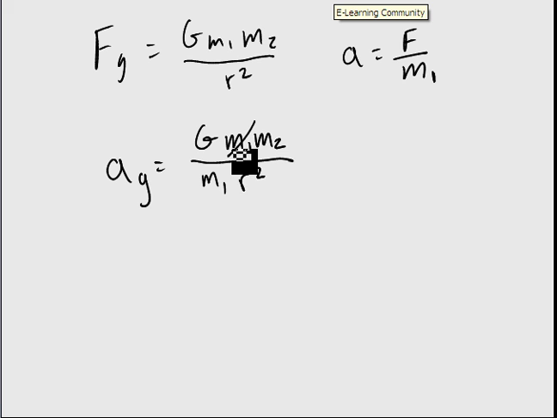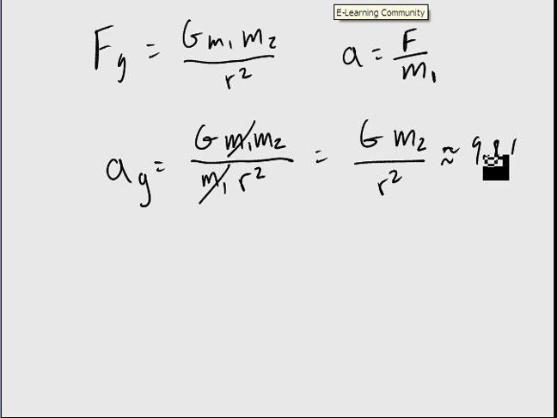Well, look, mass 1 cancels out with itself. So when you simplify it, all you get is big G times m2 over r squared. So we have the universal constant of gravitation times the mass of the Earth divided by the radius of the Earth squared. And these numbers don't change depending on what object we have as mass 1. It doesn't matter. So we always are going to get that number that's about 9.81 meters